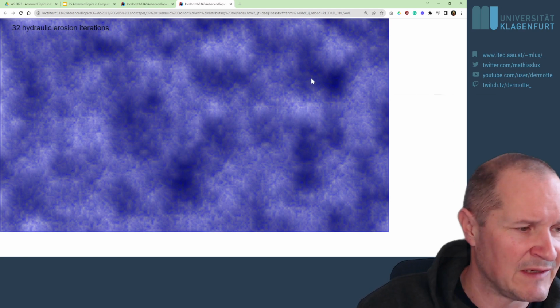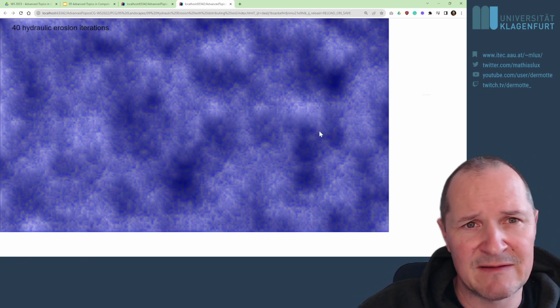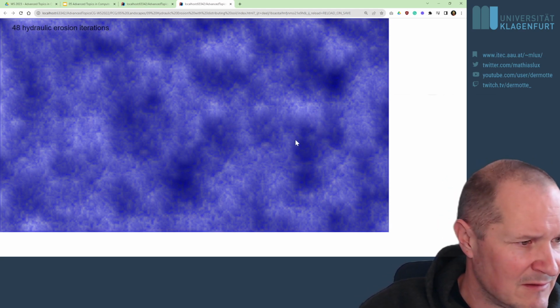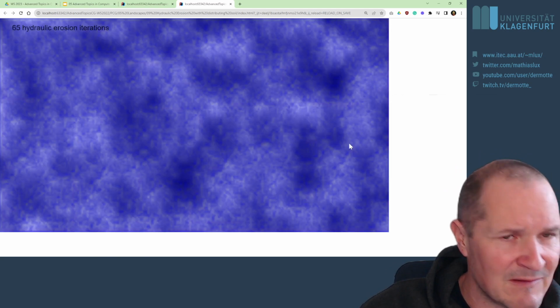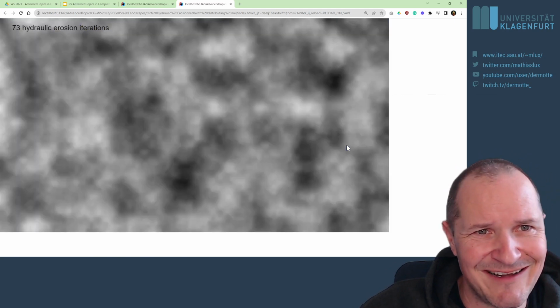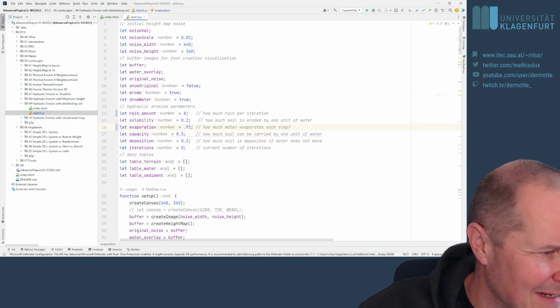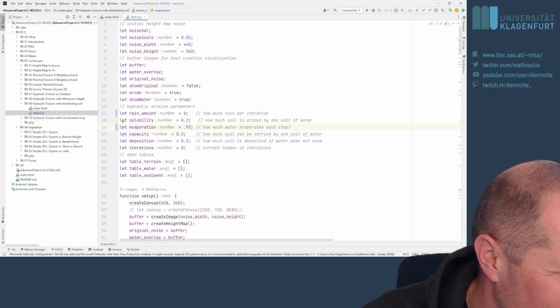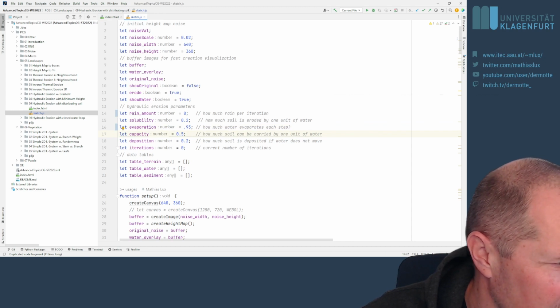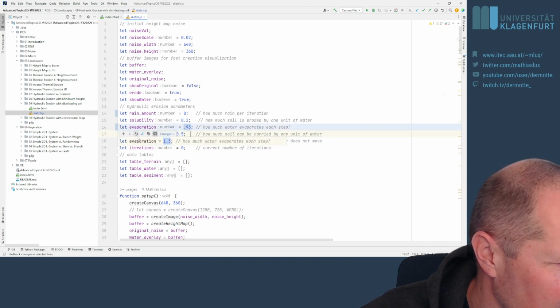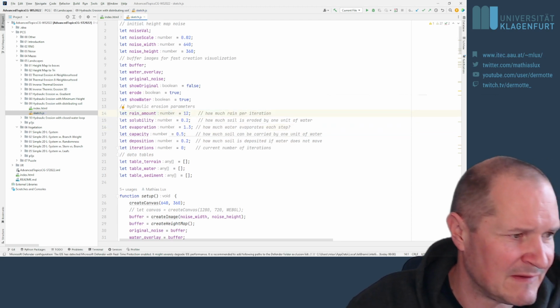That oversaturates stuff. Of course, as you can see, it's getting blue, getting really blue. So there's a lot of water in there. That's why I also added the whole water visualization stuff. Okay, so again, you can still have fun by adding the capacity, so how much water will